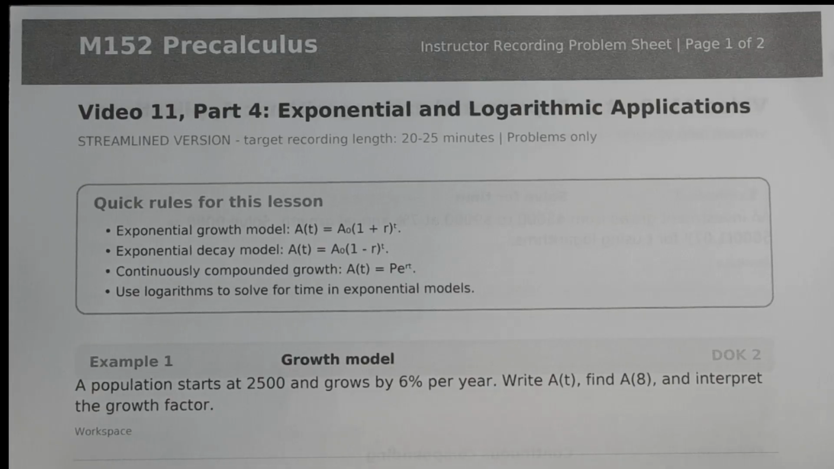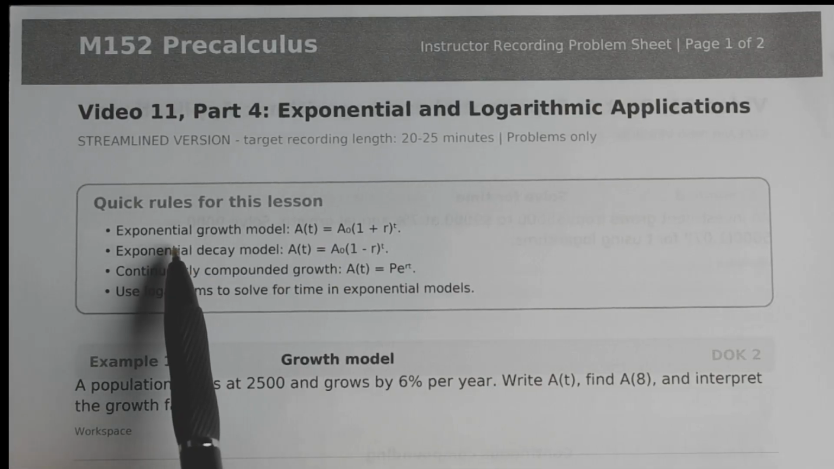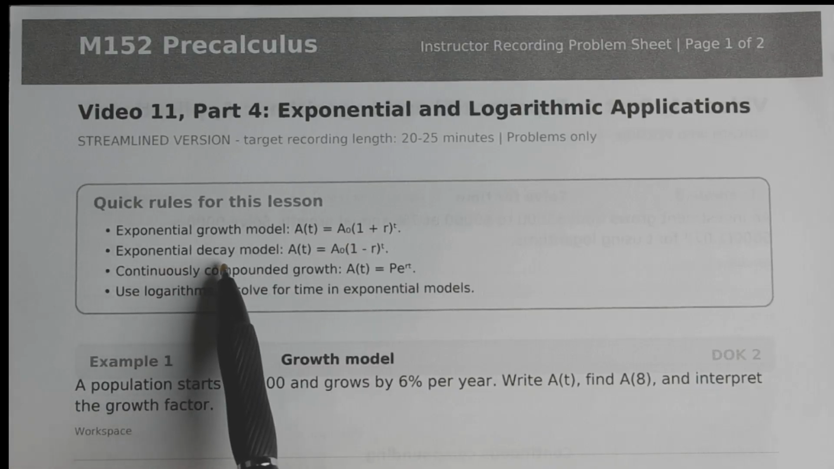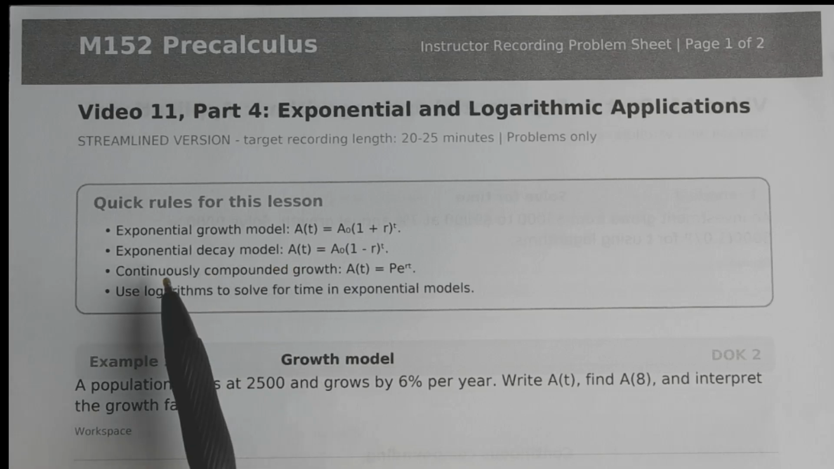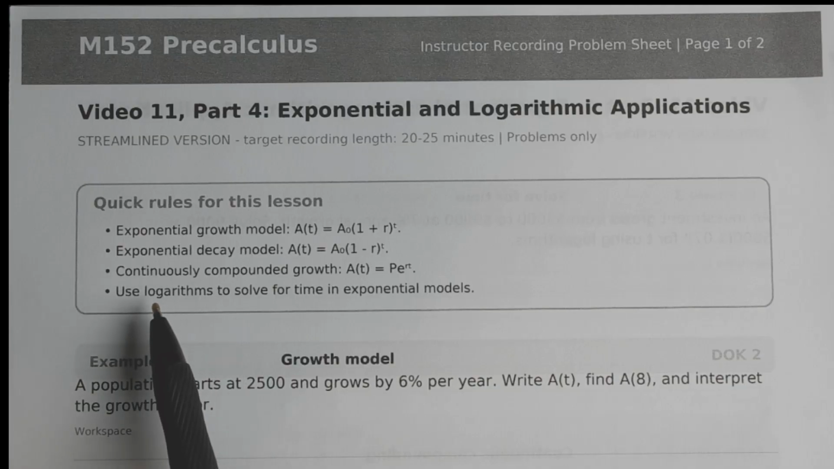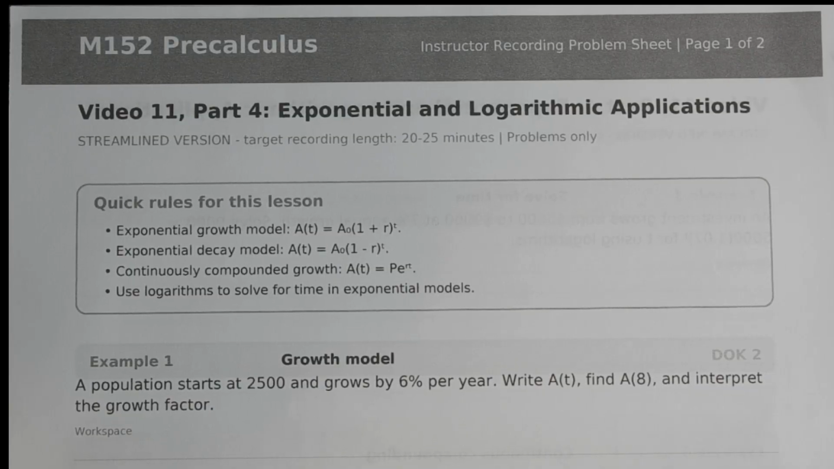So let's begin with the quick rules. Here we have the model for exponential growth. We have the exponential decay model as well. And then we have continuously compounding growth modeled here. And then we're going to use logarithms to solve for time in exponential models. All right. So example number one,